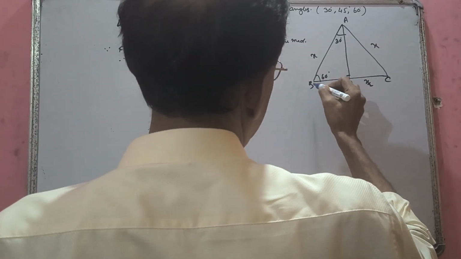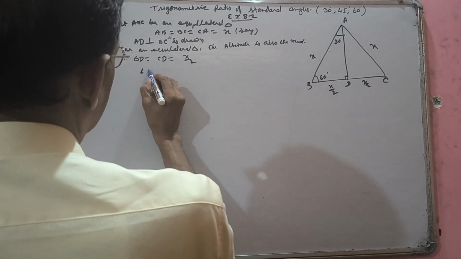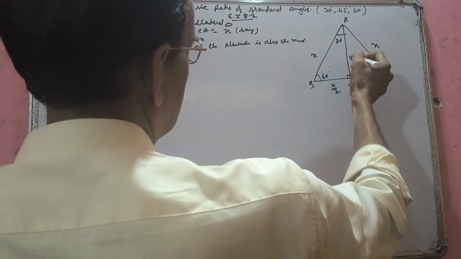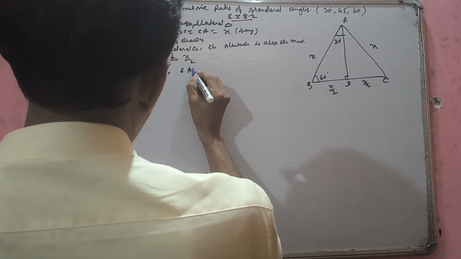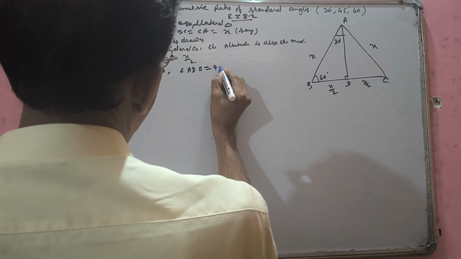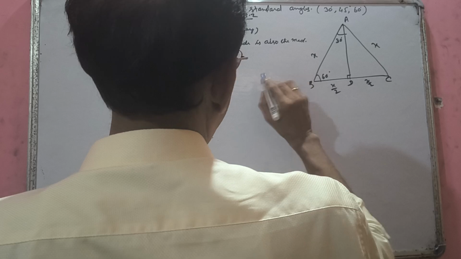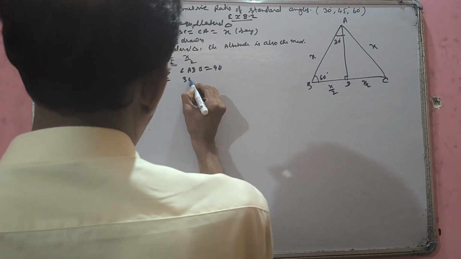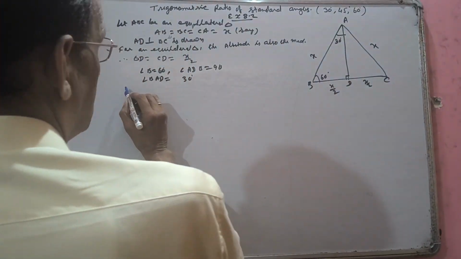Also, you know each angle of equilateral triangle is 60 degree. So angle B equal to 60 degree. And since AD perpendicular BD, angle ADB equal to 90 degree. Therefore, by the angle sum property of triangle, what we will get? Angle BAD equal to 30 degree. Now, in right triangle ABD,